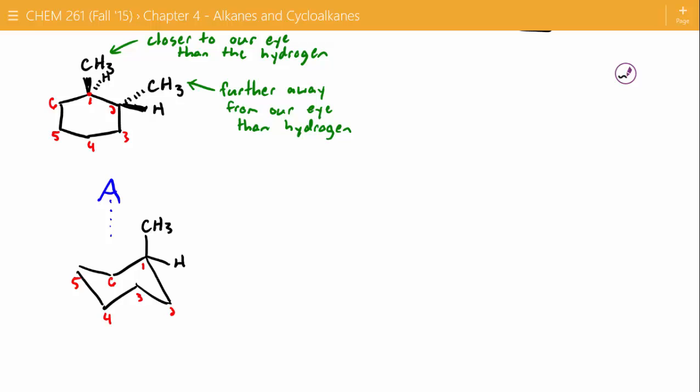Let's think about it. Which is further away from our eye, the axial position or the equatorial position? I would say that this position is closer to our eyeball than this position, right? So if the CH3 is further away, that means the CH3 must also be axial in that position too. So we'll fill this in as CH3 and then H. Wait, where's the